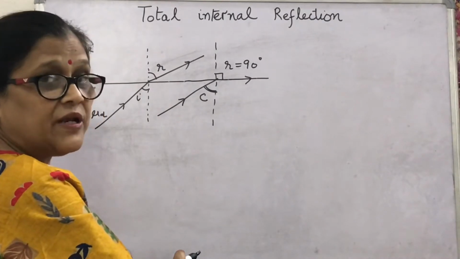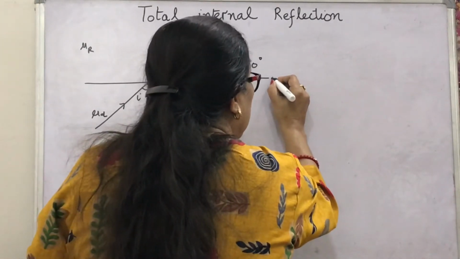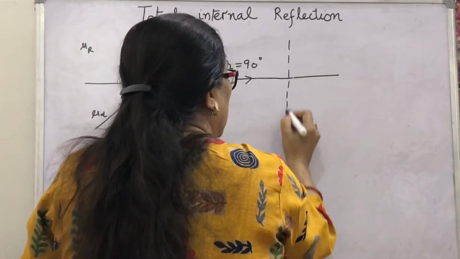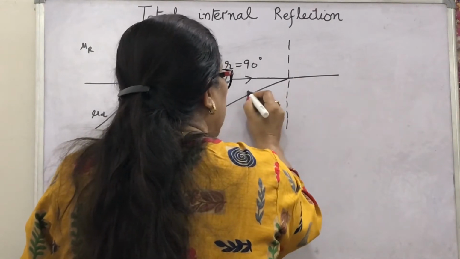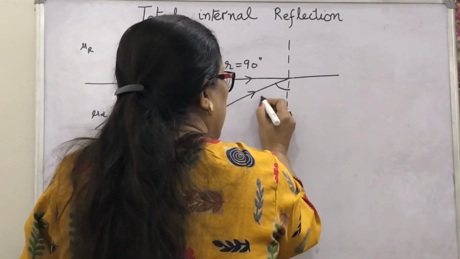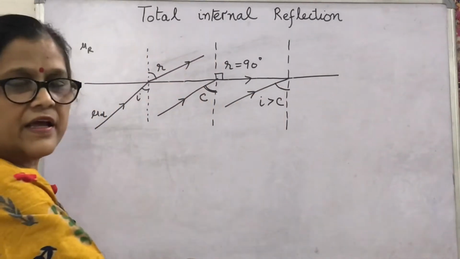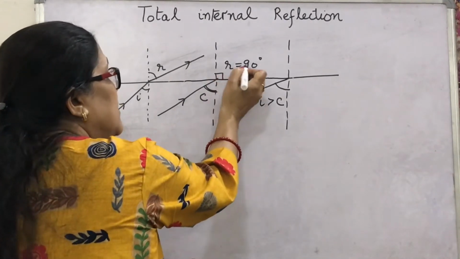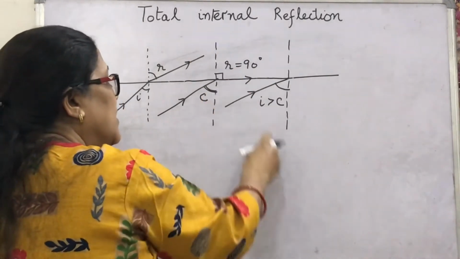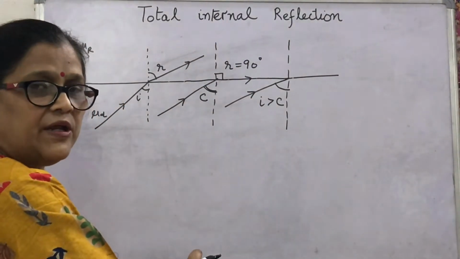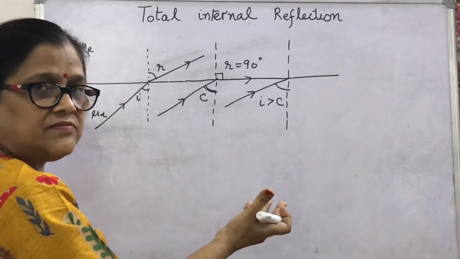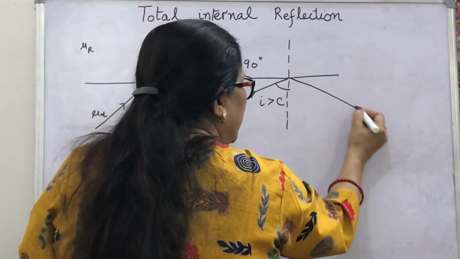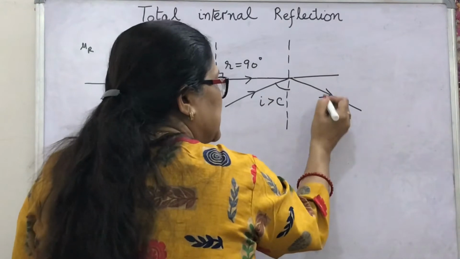Now, what will happen if you further increase the angle of incidence in the denser medium? That is, the angle of incidence is more than the critical angle. Here I can write this angle of incidence greater than critical angle. Now what will happen? Beyond 90 degrees, that means the light ray will be reflected in the same medium following the rules of reflection. That is, the angle of incidence will be the same as the angle of reflection. This reflected ray